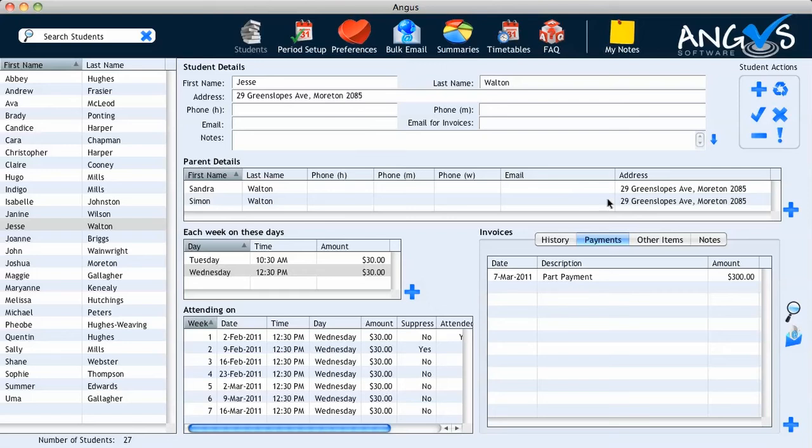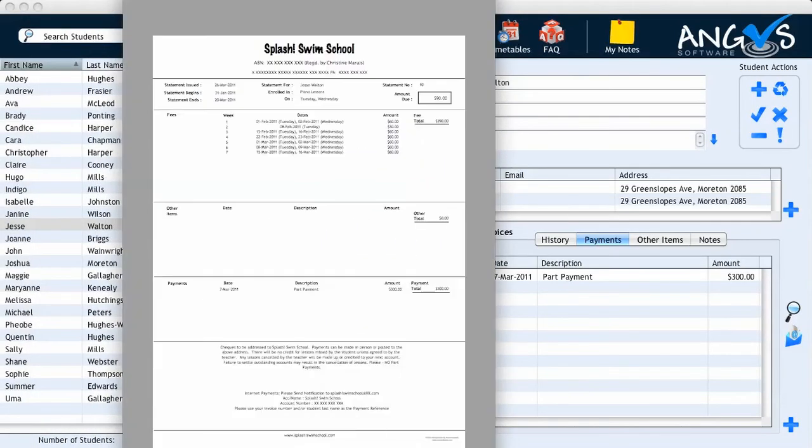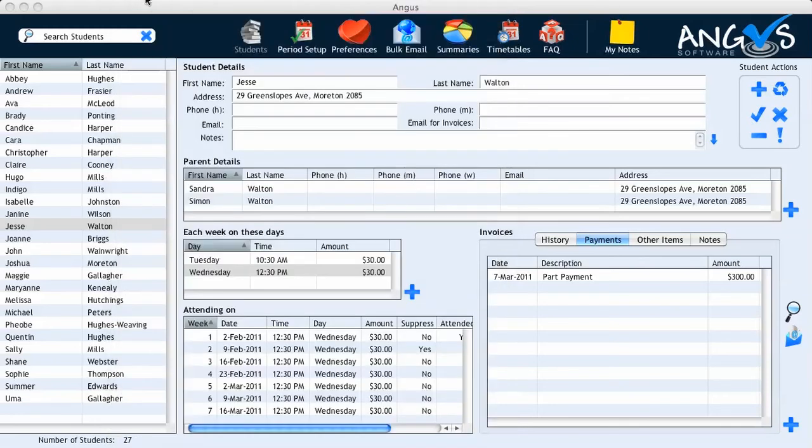If I click on the magnifying glass once again, I can see the mention of this payment is also recorded on Jesse's invoice in the Payments section. We can see the mention that on the 7th of March there was a part payment of $300 and his total amount due has been amended accordingly. We can close the pop-up window once again,